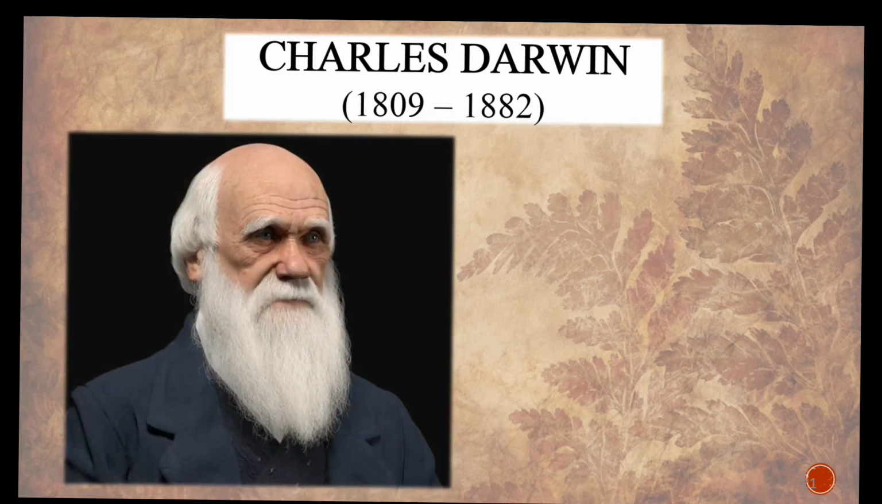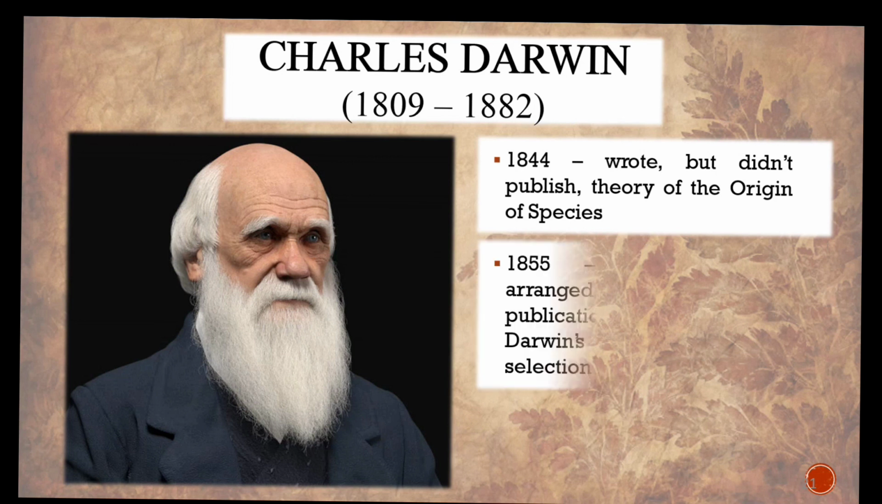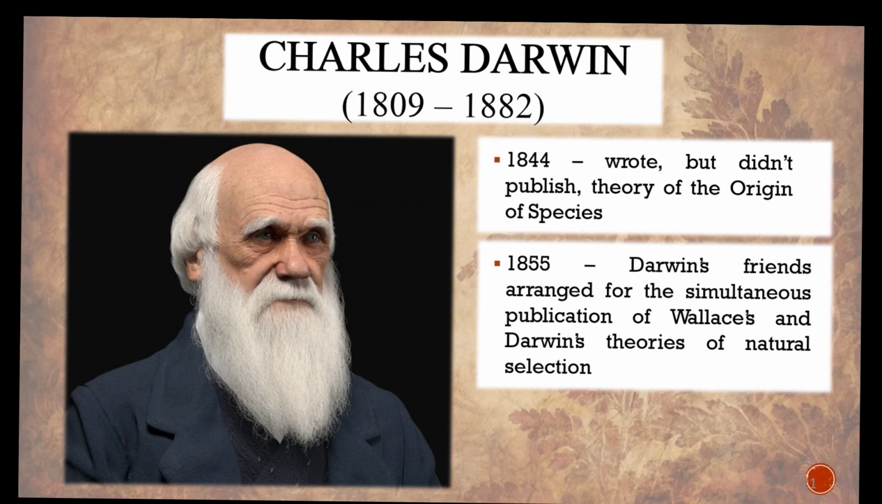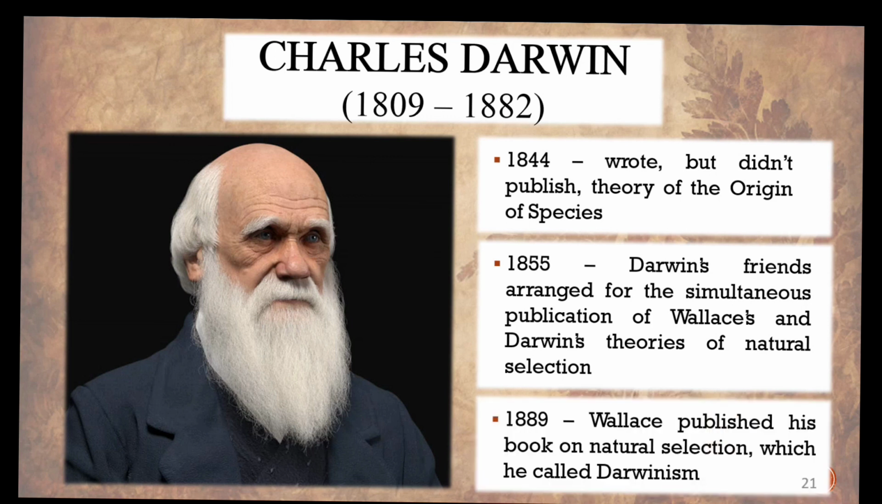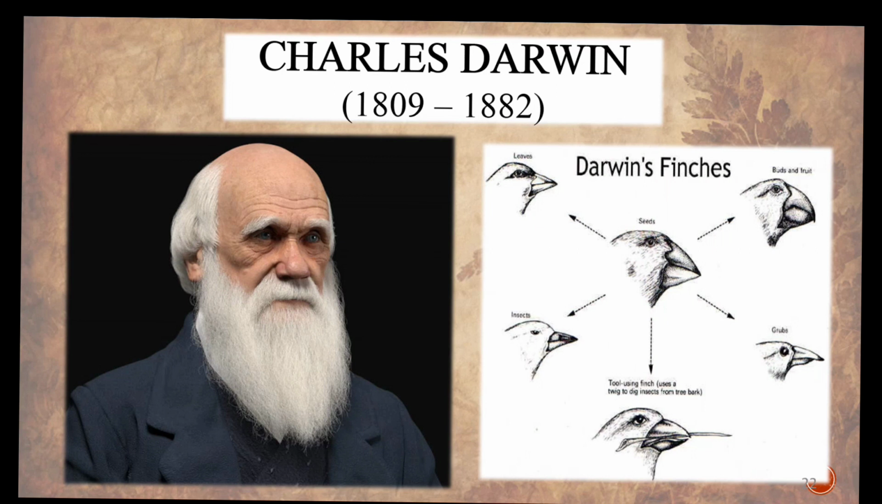But then who is Charles Darwin? He wrote the theory of the origin of species, but then he did not publish it. Then Darwin's friends arranged for the simultaneous publication of Wallace and Darwin's theory of natural selection. Wallace published his book on natural selection, which is called Darwinism. So these are Darwin's